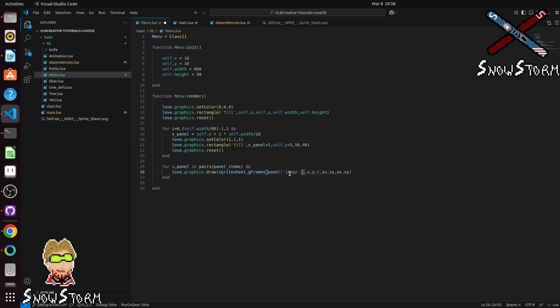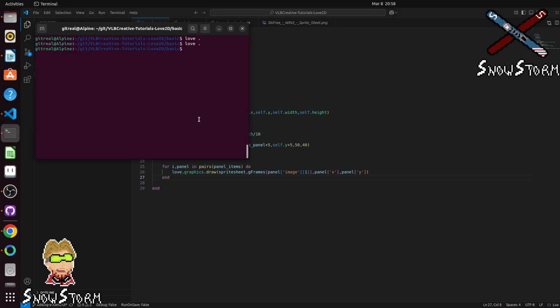Because we're not going to animate things, we're just going to call the first quad from the table, so we'll just hard code 1 here. And then similarly, we've passed in the x value, so we can just call panel x, and then we can call panel y. For now, we're not going to worry about rotation or scale or anything else. And so now if I render this, you'll see